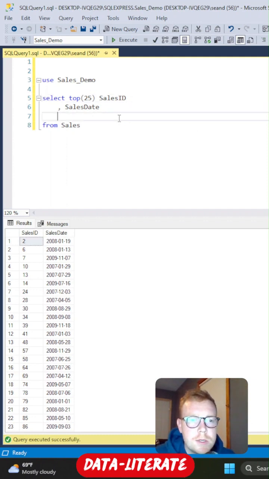So now let's just, for example's sake, let's just say, this is like an invoice table, and we want to figure out the age of the invoice. So the difference between today and the sales date, or the invoice date, or whatever date you're going to use. So for this example, what we'll do is